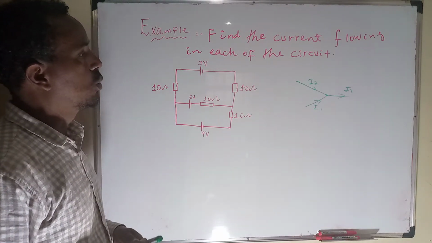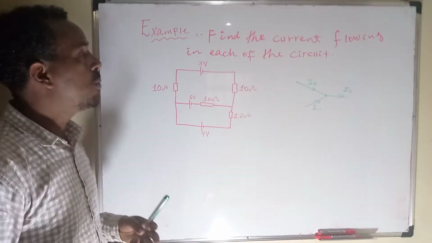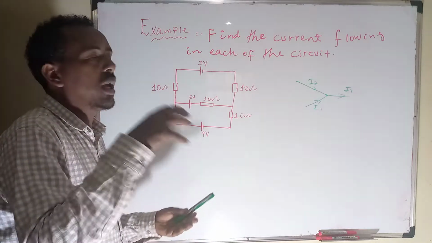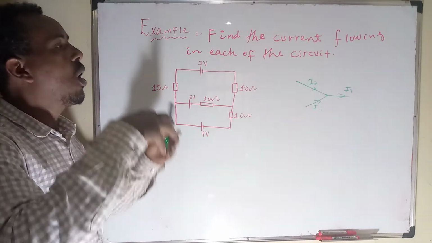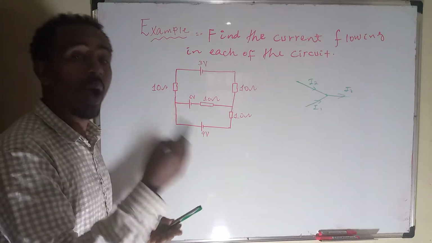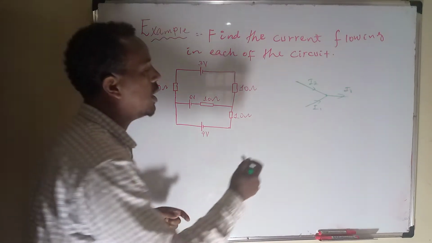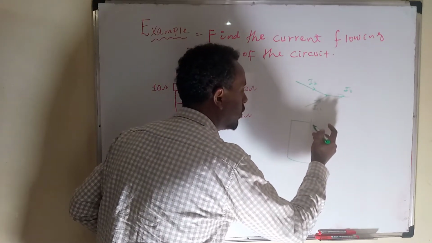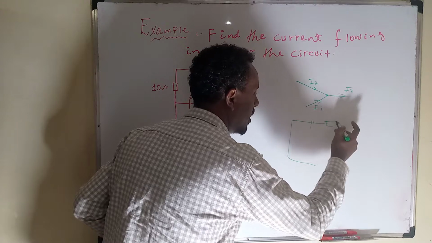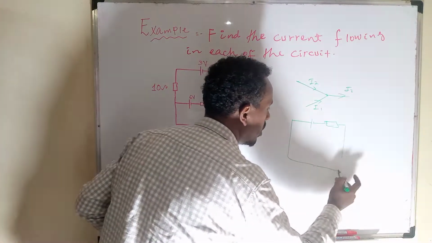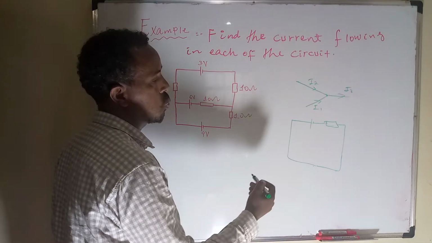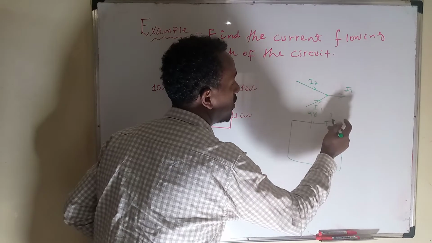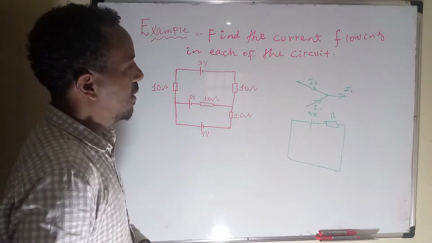Kirchhoff's loop rule. The total electromotive force and voltage drop on the resistors, the sum of each electromotive force and voltage drop on the resistor in one loop is equal to 0. ይሄ ማለት ለምሳሌ loop ማለት any closed circuit ማለት ነው። እዚህ ጋር አንድ resistor ቢኖር closed loop ነው። ይሄ closed ነው። This is electromotive force. Let's say this is 9 volt. Here this is resistance. እዚህ ጋር ይሄ loop ነው።